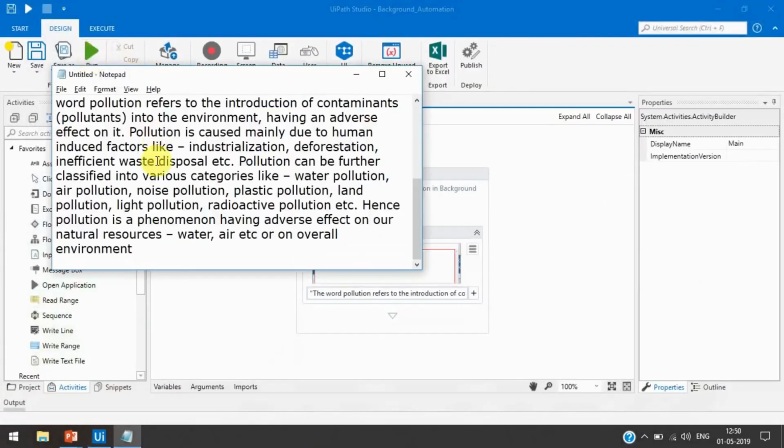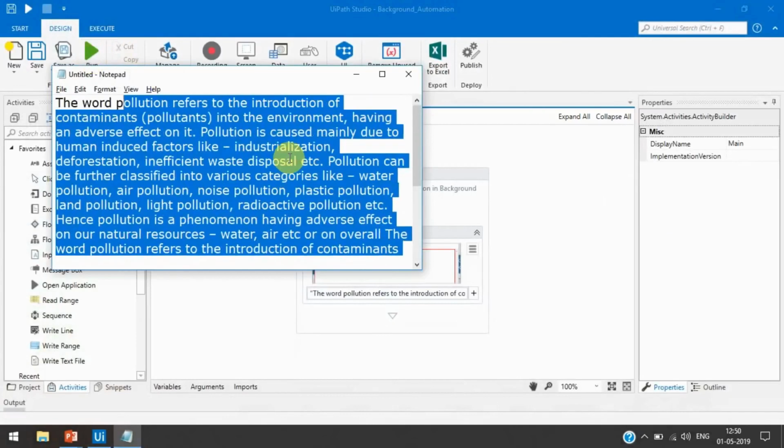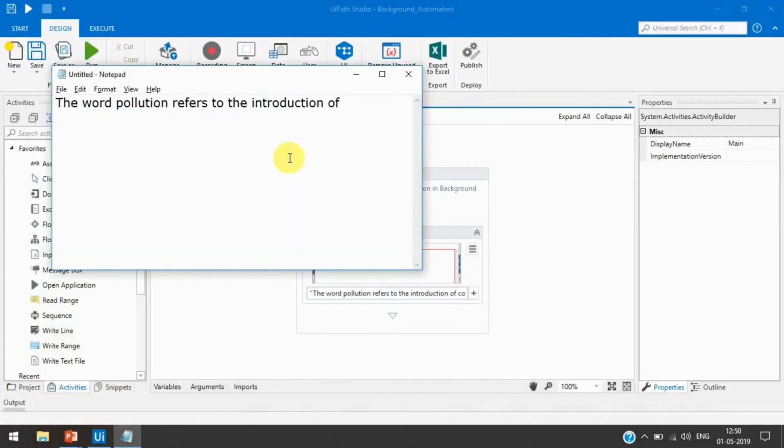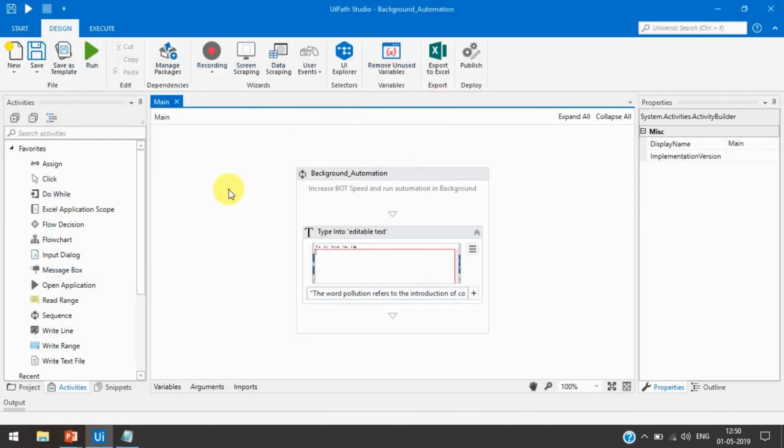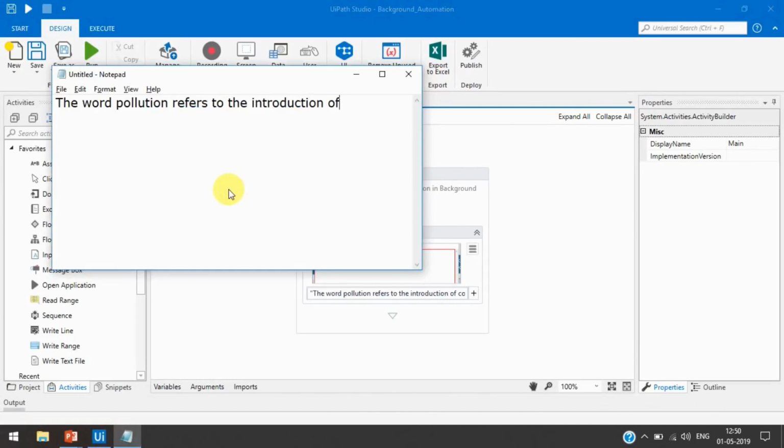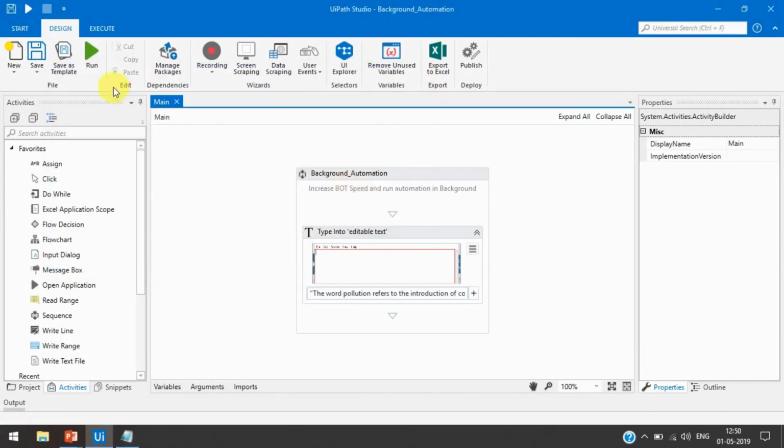Now let me remove all this from here and just keep this line, right, up to this, and then we are going to run this automation, and you can see it will remove this line and then start typing with the new one, right?